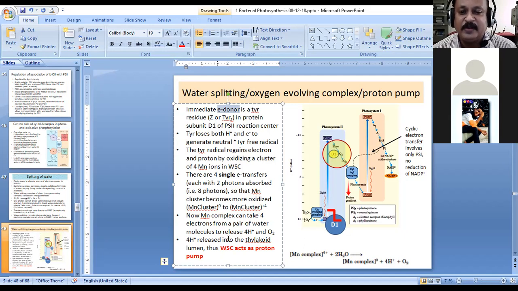Is it okay? So this is an example of how very beautiful an orchestration there is in a biological process. A process which cannot take up all the 4 electrons together, the electrons are taken up in a step-by-step manner by utilizing a very wonderful machine. So the water splitting complex is like a small machine which can evolve the electrons suddenly, but the electrons are given away one by one to the reaction center.